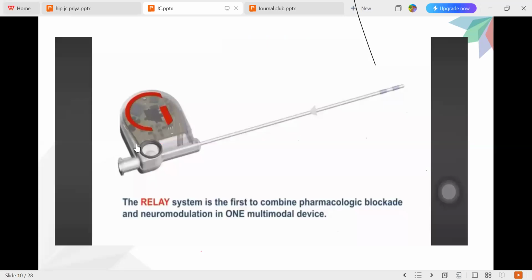So this is a video which was taken from the streaming platform YouTube, and this describes the design of the